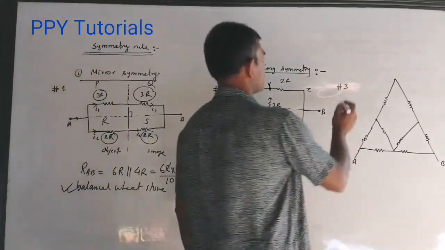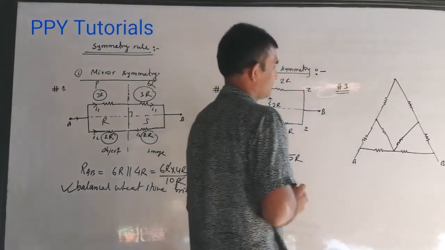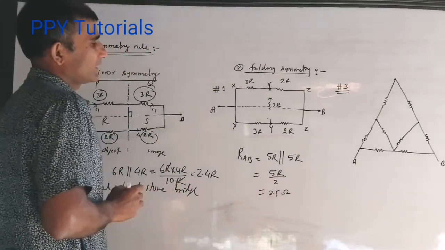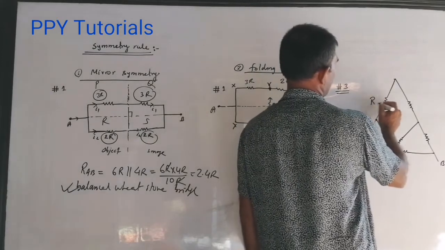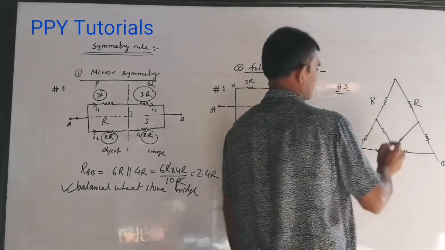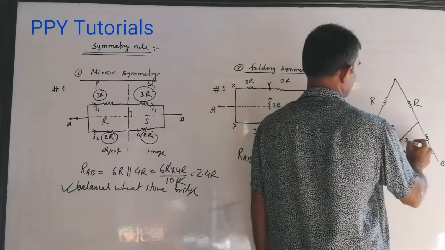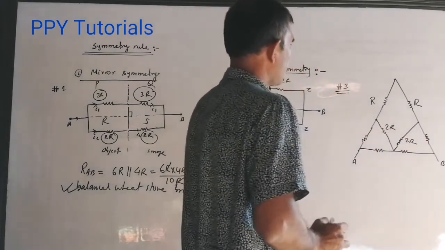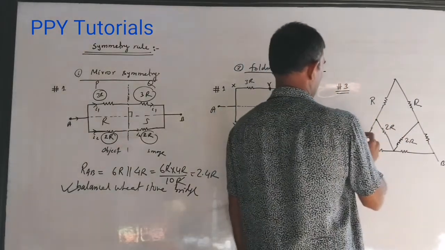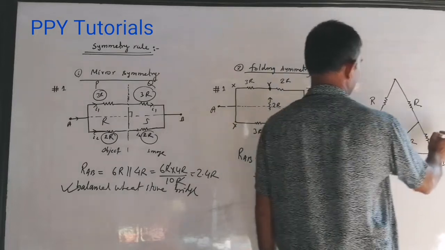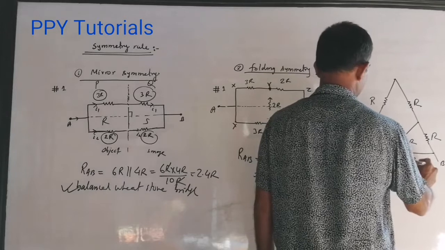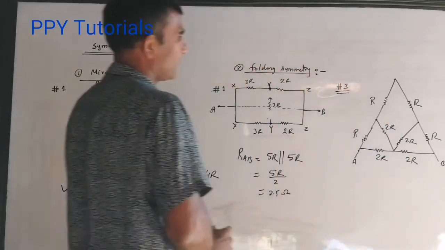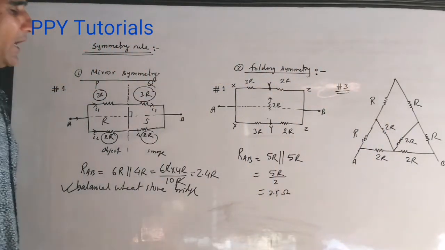Now let's see the question number 3. I have drawn it to save my time. Now check this. There are so many resistances connected here, and this is R, and this I suppose R, and this is the 2R, and this is the 2R. Okay, and now see, I am supposing this also is the R, and this also R, and this is the 2R, and this is 2R. Tell me, what will be the equivalent resistance between A and B?